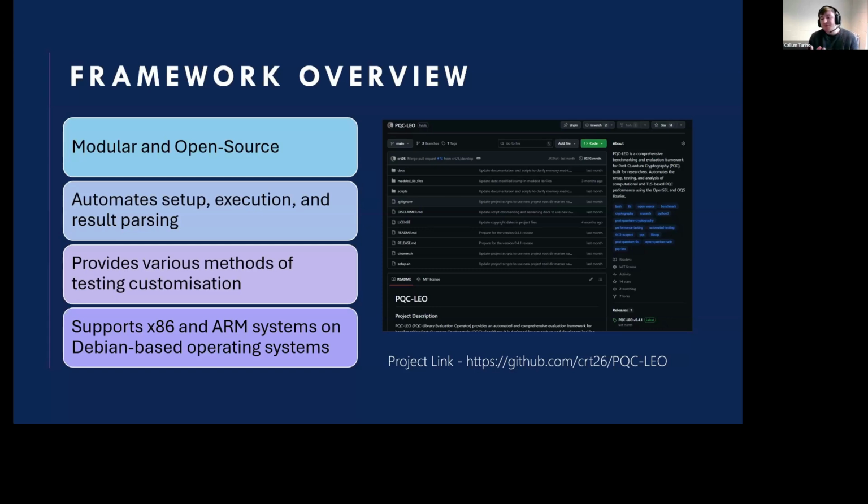It provides various forms of customization for researchers to be able to configure the experimentation setup. So in terms of what algorithms are enabled within the LibOQS or OQS provider, what the delay control signaling, these are things that allow it to fine tune so that you're able to make it work for your setup. It is supported on both x86 and ARM CPU architectures, with it currently being supported within Debian-based operating systems. Future goals of the framework will be to expand that out beyond Debian-based within all our Linux distributions, Windows, macOS, etc.